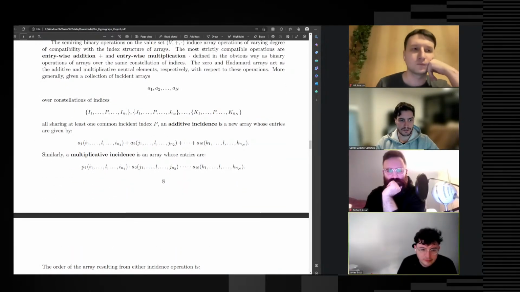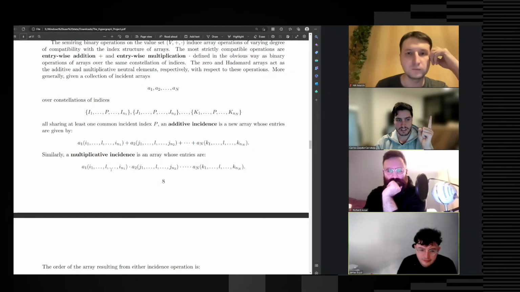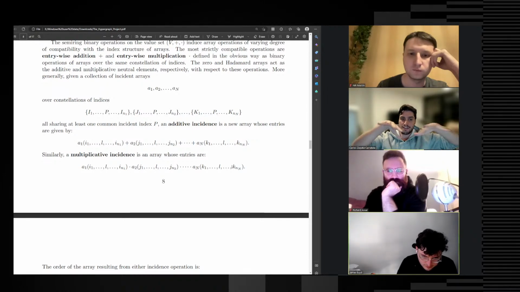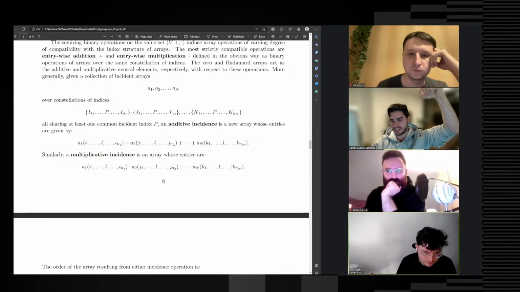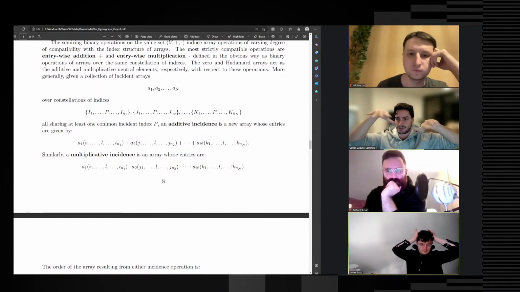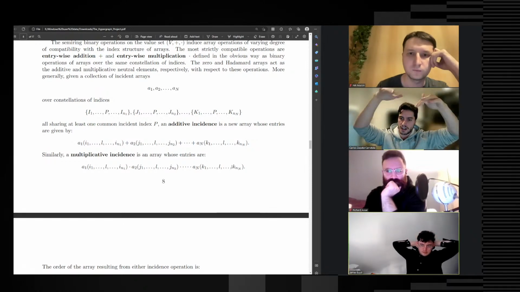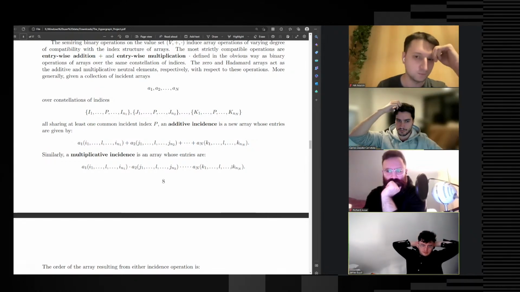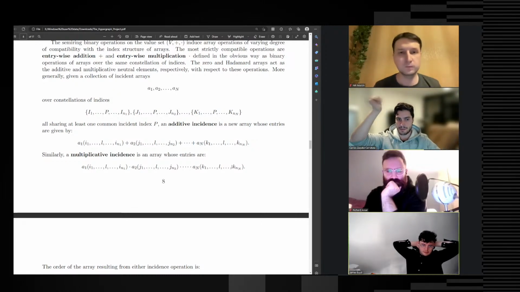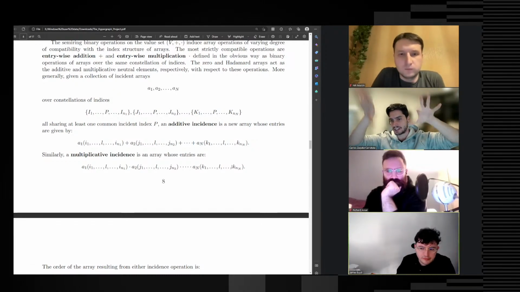Well, okay, yeah. So for example, here, right? You can have several arrays of different dimensions, different sizes, and as long as they have one index in common, here represented by L, you can just do this incidence operation. We basically multiply them together, and all you're checking is that if these represent the adjacency of hypergraphs, L is a common vertex that lives at the intersection of all these higher order edges, right? From A1, A2, up to AN are different hypergraphs, or differently colored hypergraphs, if you like.